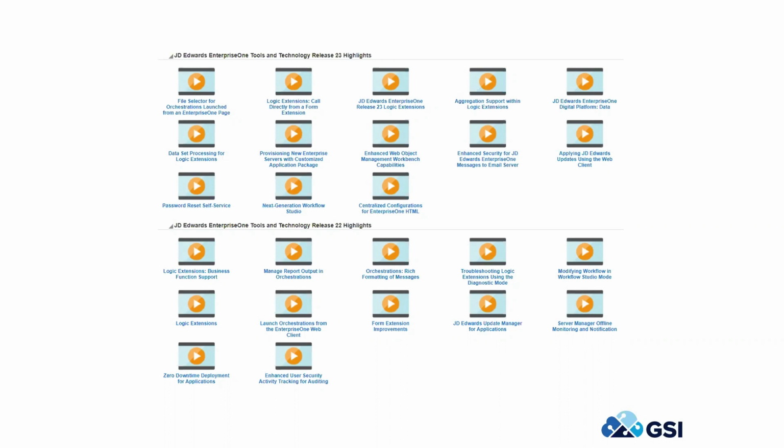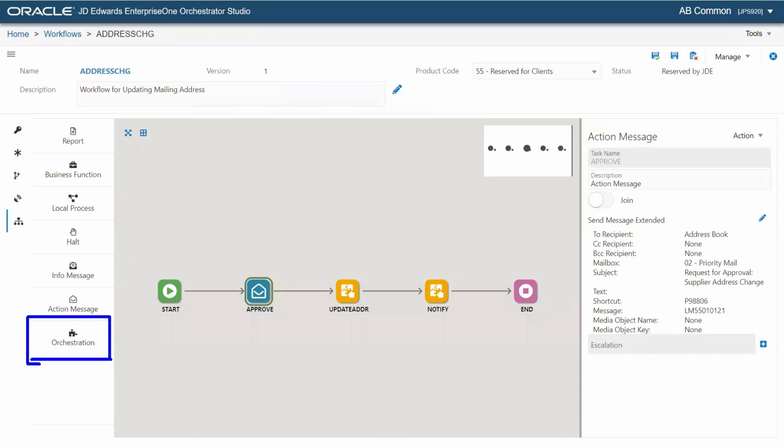Other features that are important: I think the password self-service reset is a great feature. Our users can reset their passwords on their own. Other features that are coming in, and I'm going to go into a little more depth in each one of these: enhancements to logic extensions, aggregation support, and arrays to be accepted as inputs into orchestrations and logic extensions, and just more. So this is an example of an orchestration